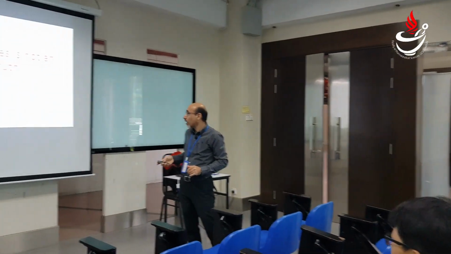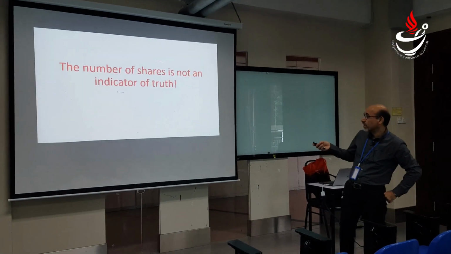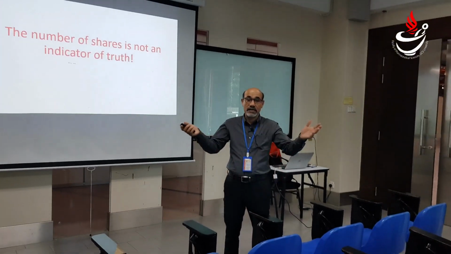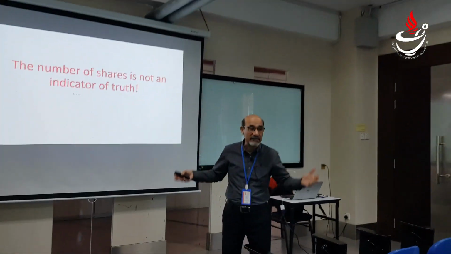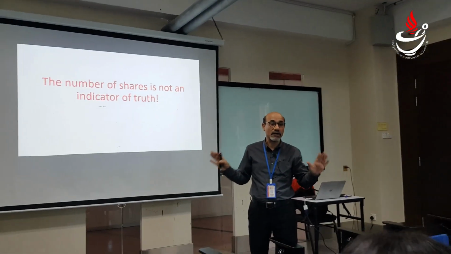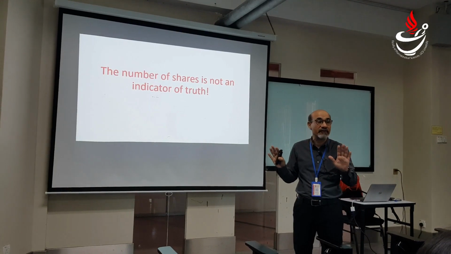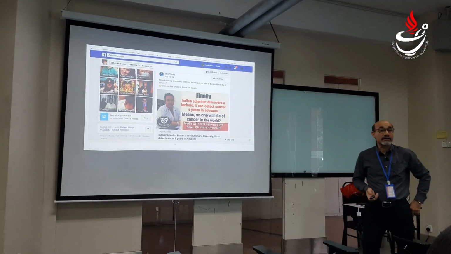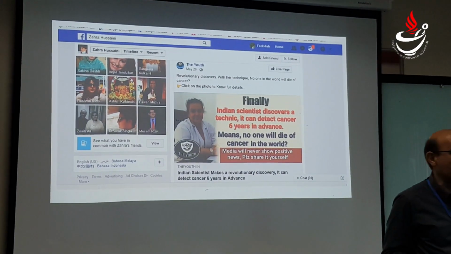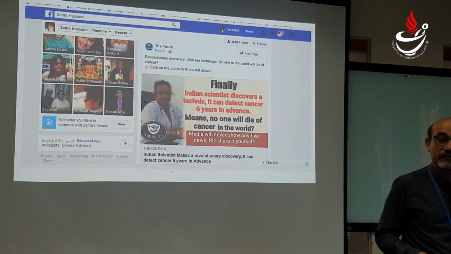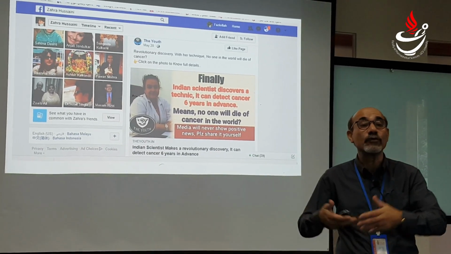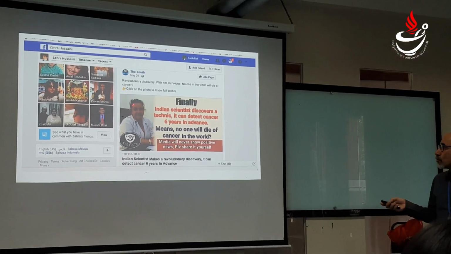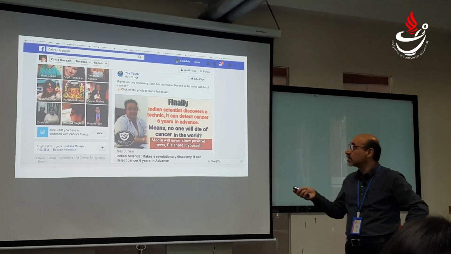So, firstly, the number of shares is not an indicator of truth. If it is shared 1 million times, it's not the proof. Scientific proof is something very different from the number of shares. This is the lady, that Indian scientist, who has proposed this new revolutionary method of cancer detection. When you go to the Facebook page, you will see that